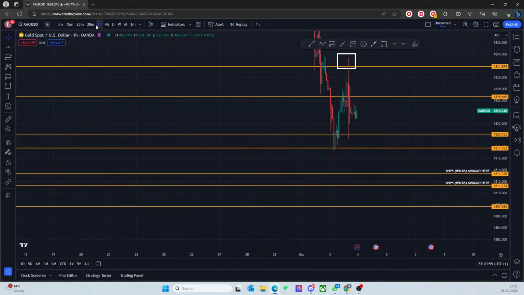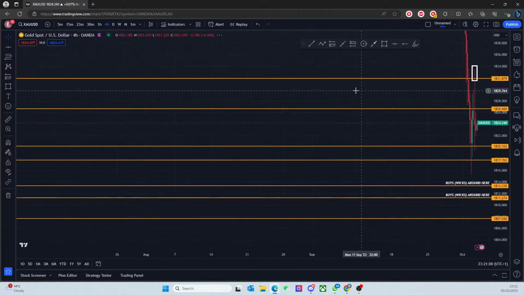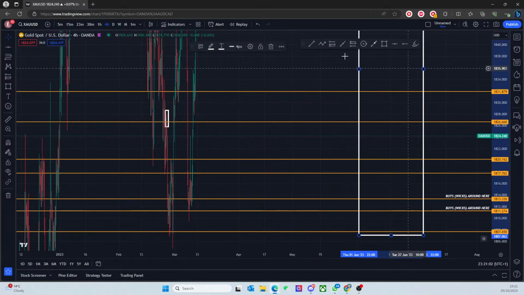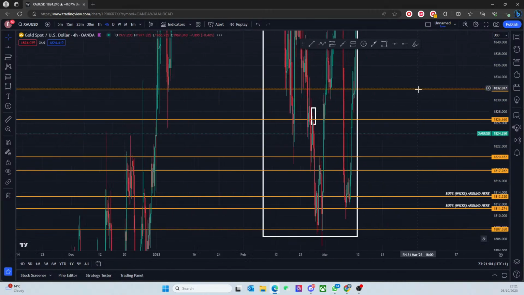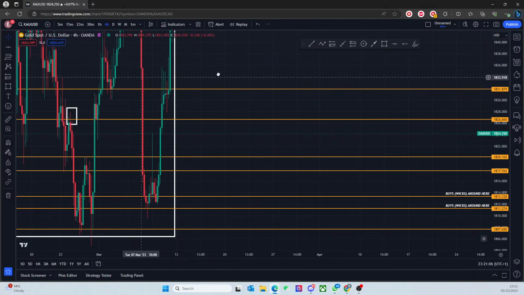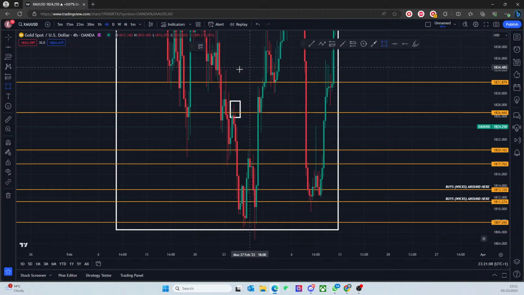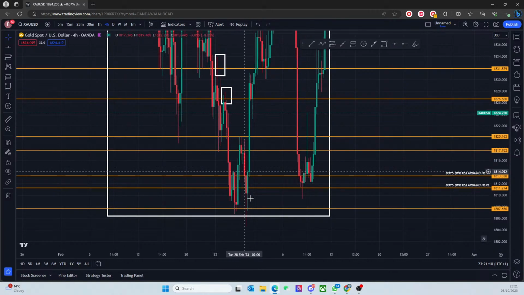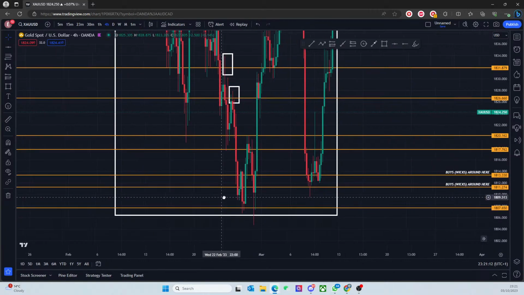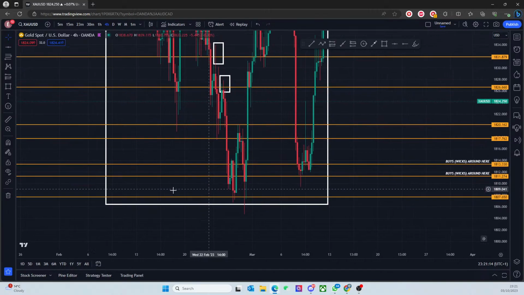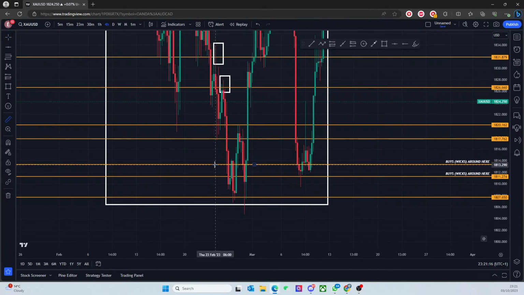So what did we mention just now on the 4 hour? Once it's tapped 1831, last time I did that, right here, what did it do? It just filled down to here. Cool. If you're getting a buy at these ranges, your stop loss is fine, at 60 something pips. You might need to put it at 90 pips, in line with our kind of 100 pip stop loss or something.